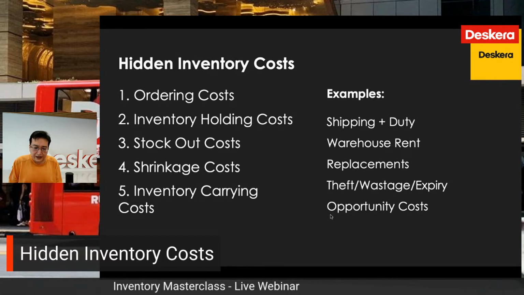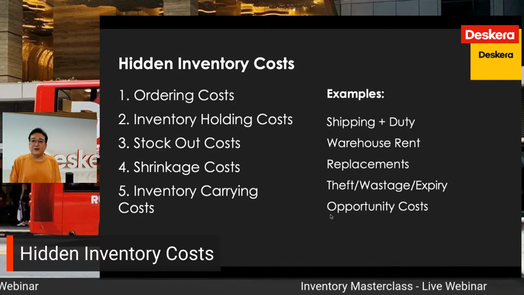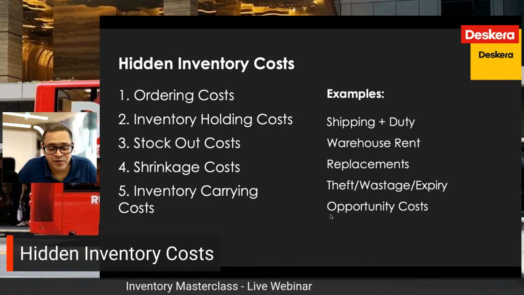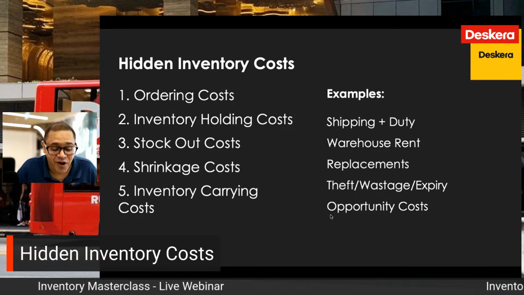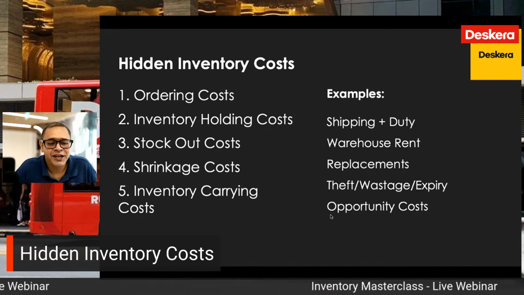Inventory carrying costs. Is that machinery, or is that what the people do at Amazon? They're carrying all the goods to the store or something like that? What is inventory carrying costs? That's a good question. So let's talk about that first, and then we will look at each of these hidden